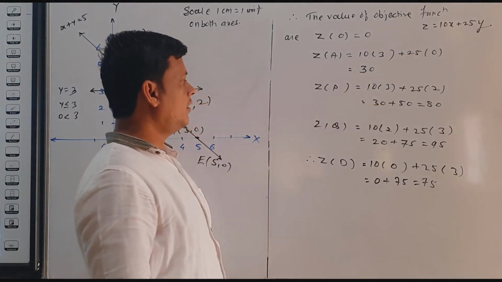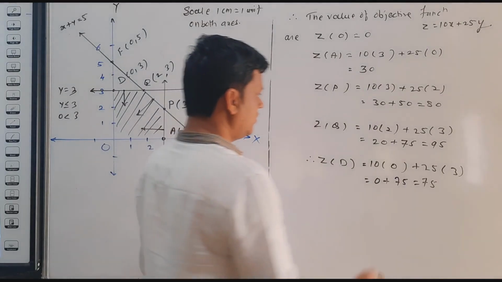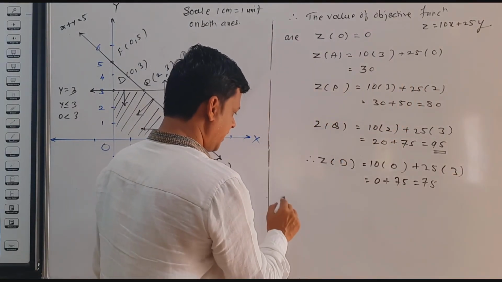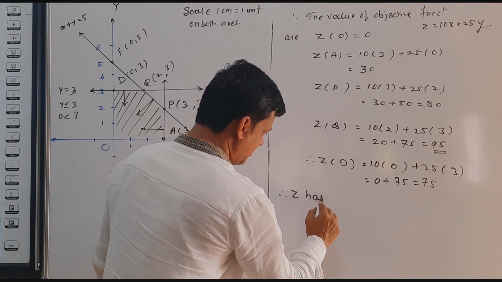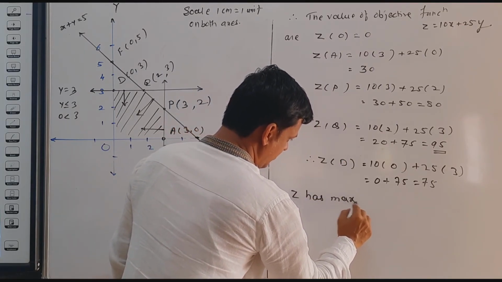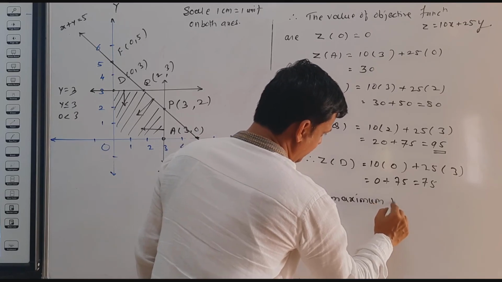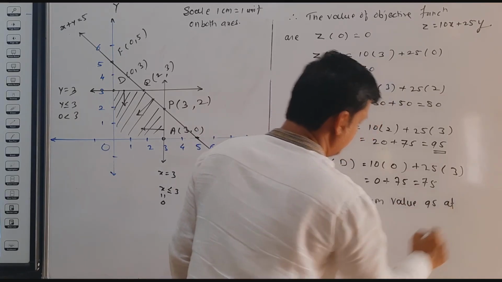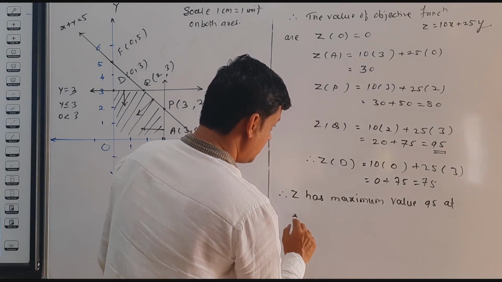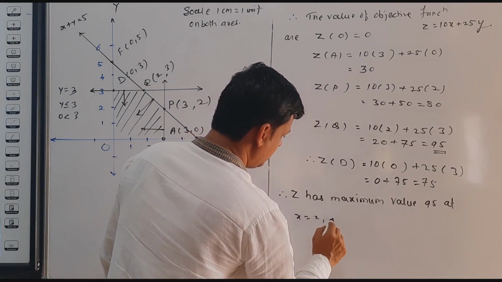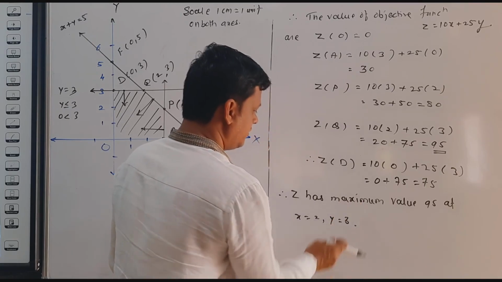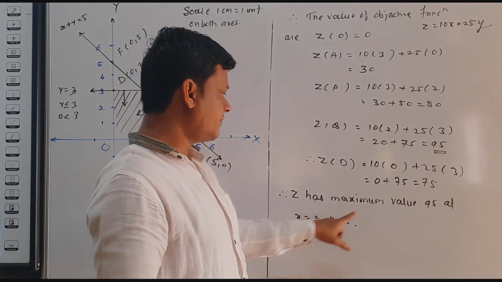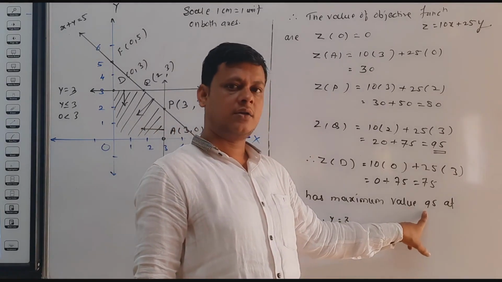Now we have the required maximum value. So we get the maximum value 95 at point Q. So we write, therefore, Z has maximum value 95 at x equals 2, y equals 3. Or you can write, Z has maximum value 95 at Q of